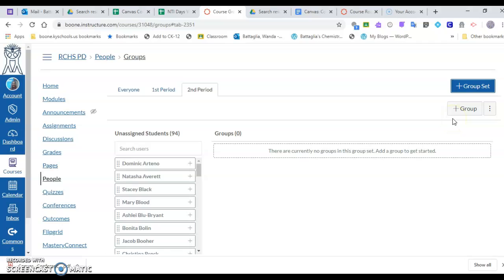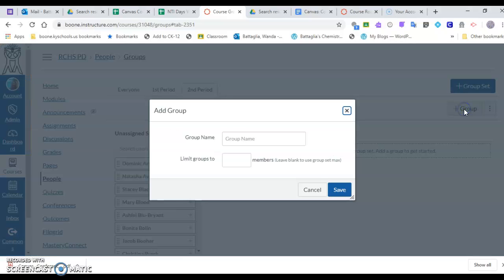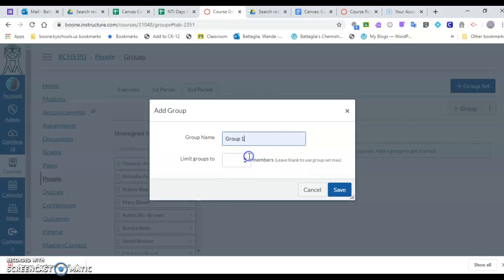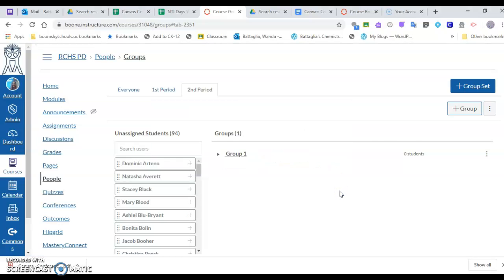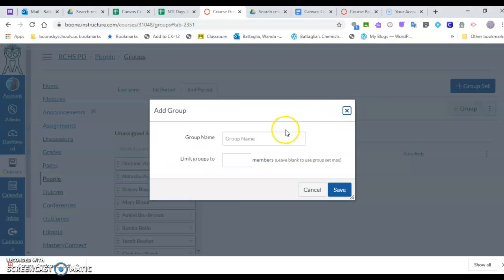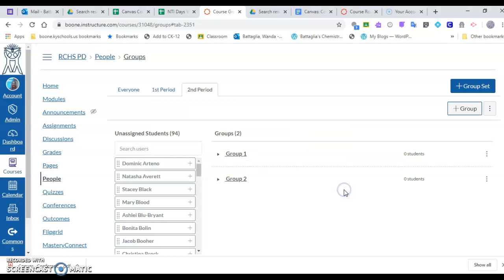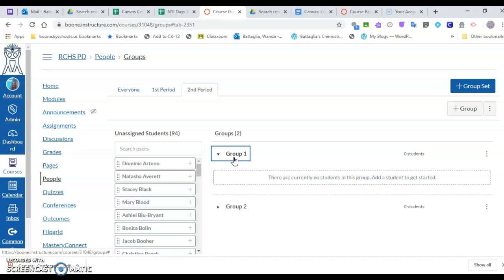I can, within this group set, create groups. So I could say Group 1. I could put number of members, but I'm not going to. Save. Group 2. And so on. So once I've created these groups, I can then click on it and I can grab students